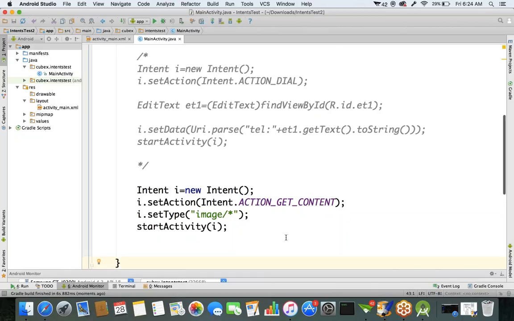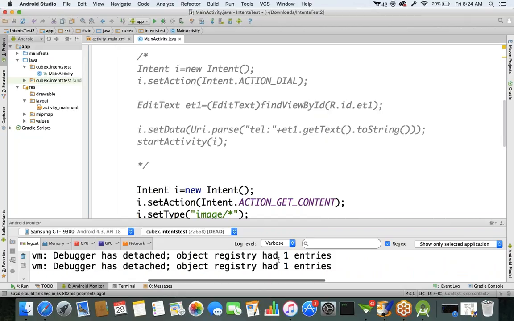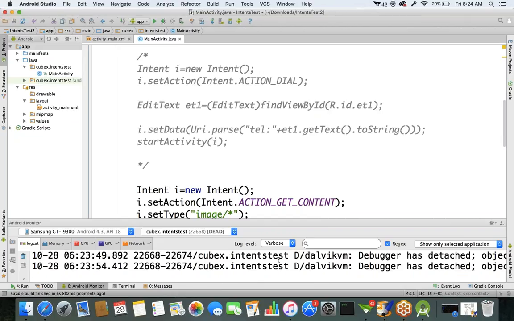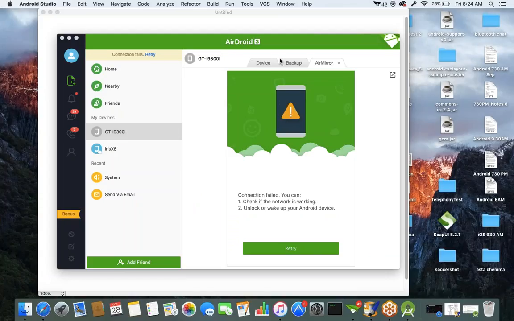It is installing the app. Observe here, the app is installed now. We commented the dial screen logic, and now wrote the logic for the gallery. So once you click this dial button,